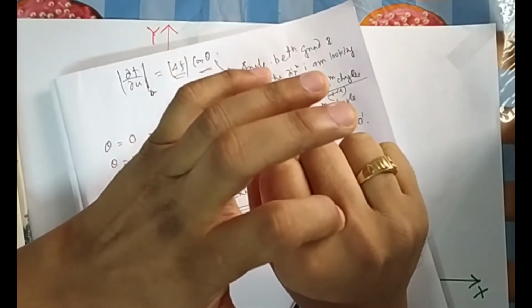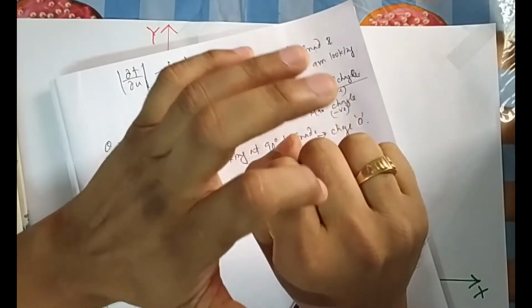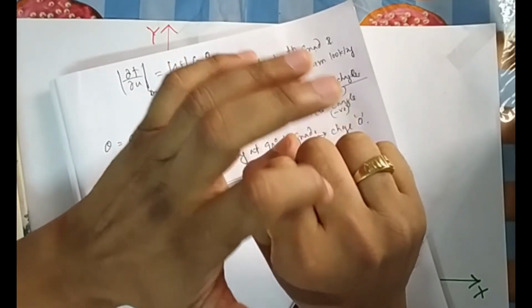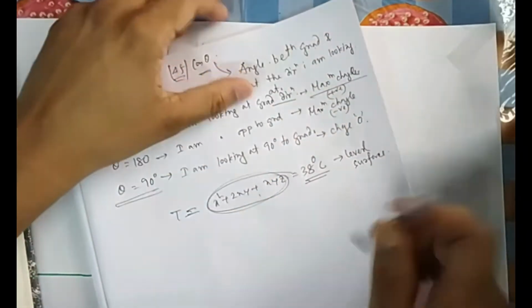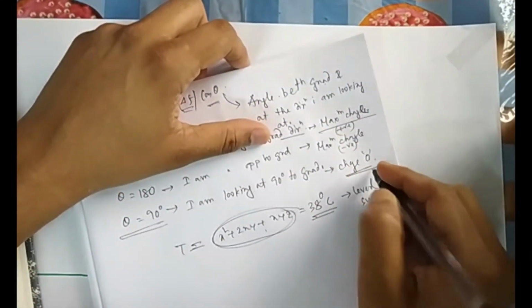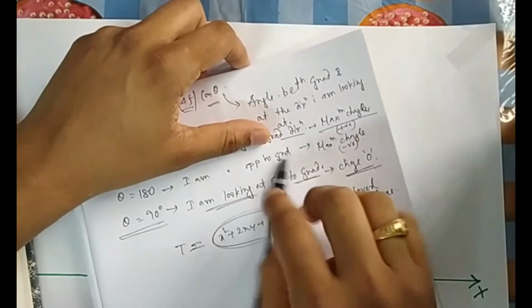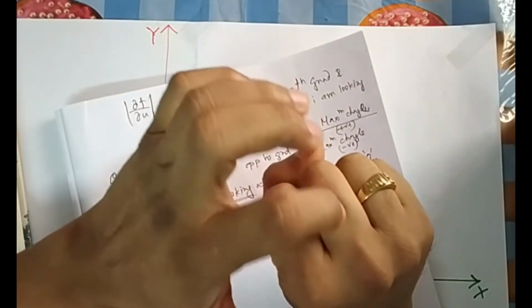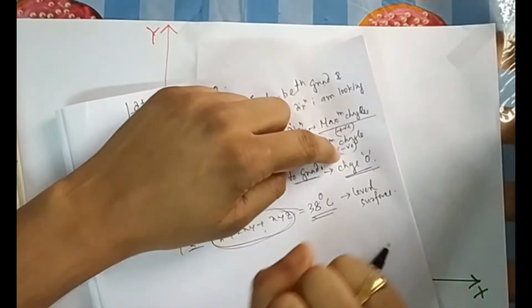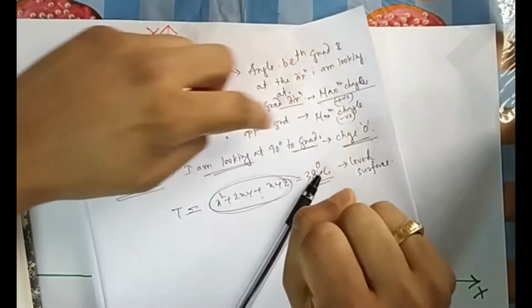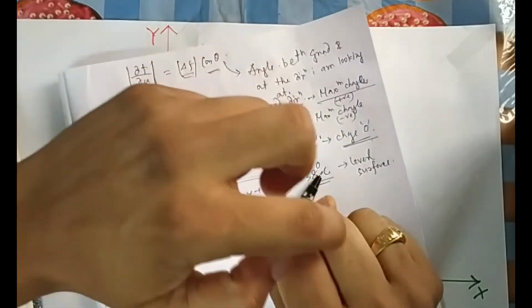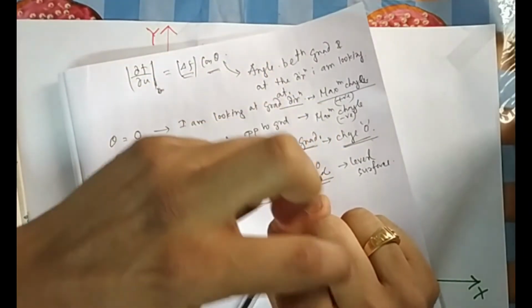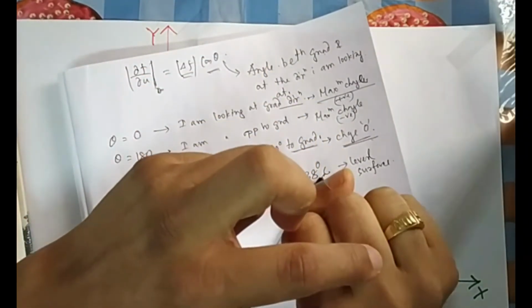Very good. So what should be the gradient? Because the direction in which I am moving has change 0, when does 0 change happen? Zero change happens if I look at 90 degrees to the gradient. So if I move in this direction, there is 0 change. That means this direction is at 90 degrees with the gradient. That's what it is saying: change is 0 if I look at 90 degrees to the gradient. So what should the gradient be?